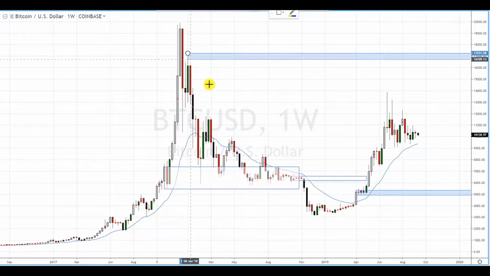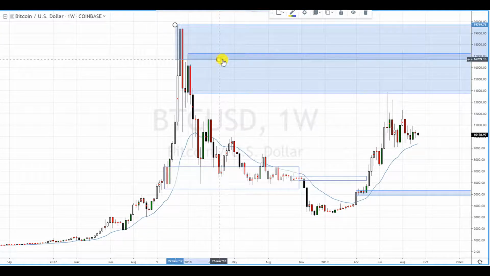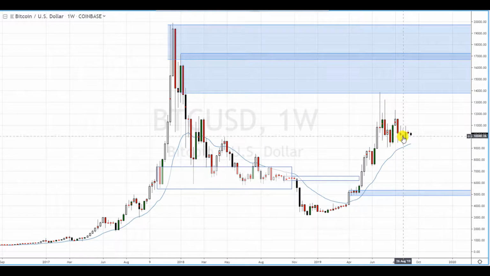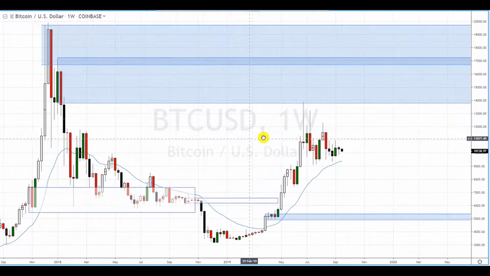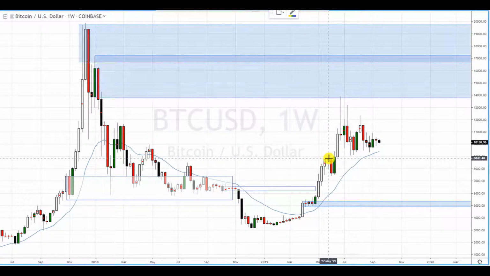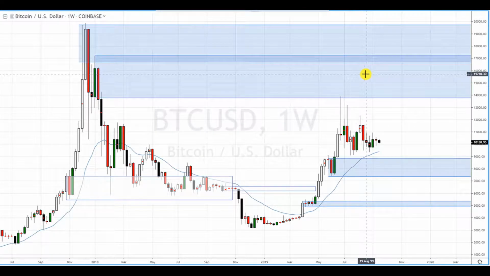Okay, so this is what we call a level on top of a level. There's this level, there's this level, and then price is retracing down. All right, so a new supply and demand trader can look at this chart and say, hey, there's a level of demand right here. Well, that's true, but